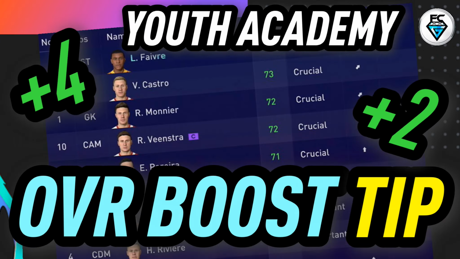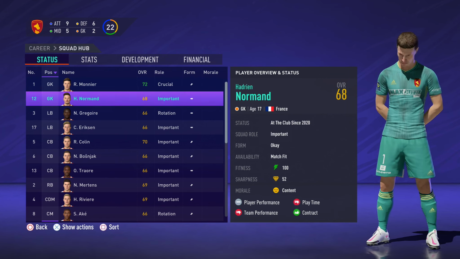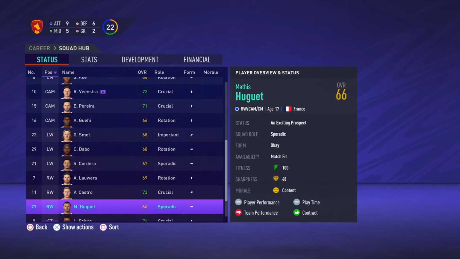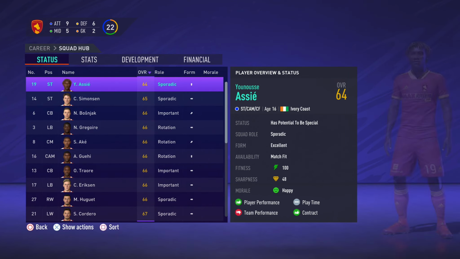Today's video I'll be sharing with you a little tip on how to get an overall boost pretty instantly for some of your youth academy players. Now I came across this tip when I was doing a youth academy only career mode. And from the end of season number 1 to season number 2, quite a few of the youth academy players dropped in potential, so the plan was to potential loan glitch all those players back up to their original potential